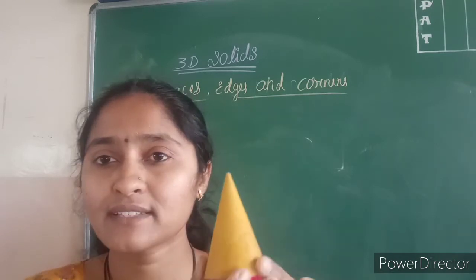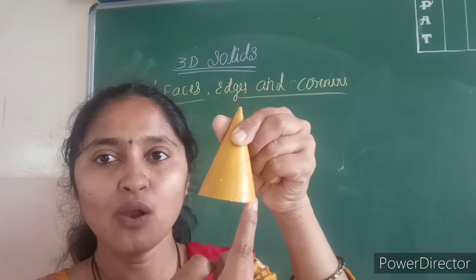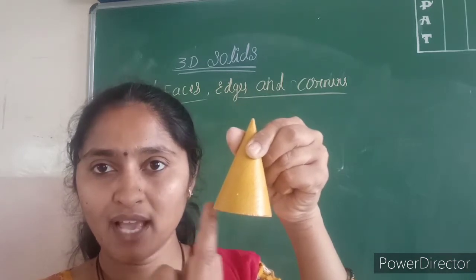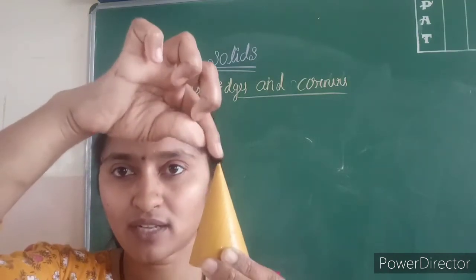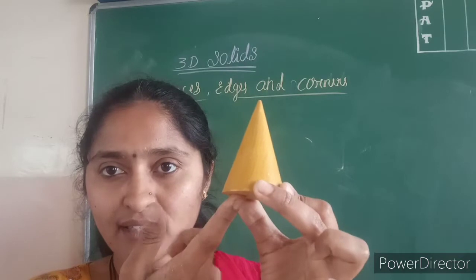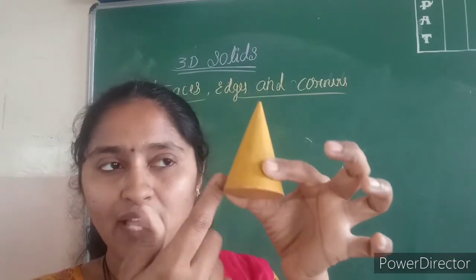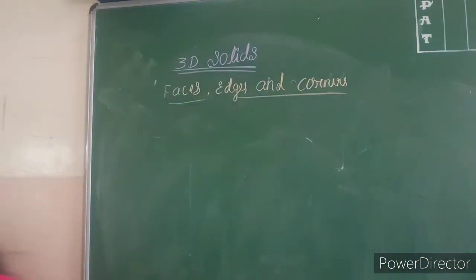And how many edges does it have? It has only one edge. This is the one edge a cone has. And how many corners does it have? It has only one corner here on the top. So a cone has 2 faces, one edge and one corner. Understood? So the next one is